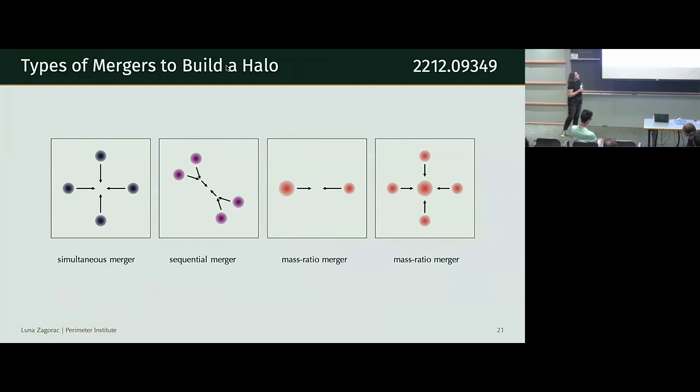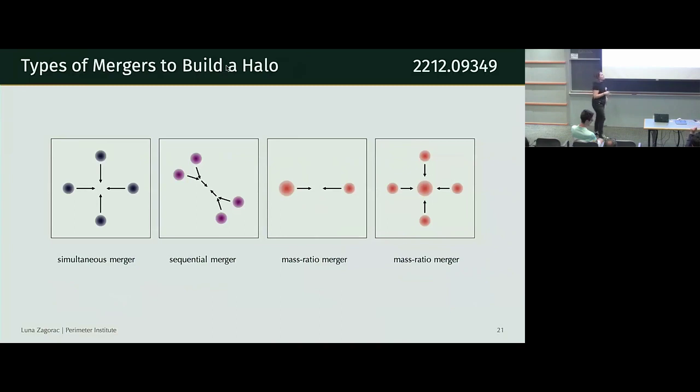In each of these cases, we're building up a halo, firstly through simultaneous mergers, which is to say that when merging my solitons to make a halo, I force them all to merge at the same time. What this means is that there's no merger history of the halo, right? It hasn't undergone mergers, it's just formed at the same time. We also do sequential mergers where we force these two solitons to merge and these two solitons to merge before merging the center.